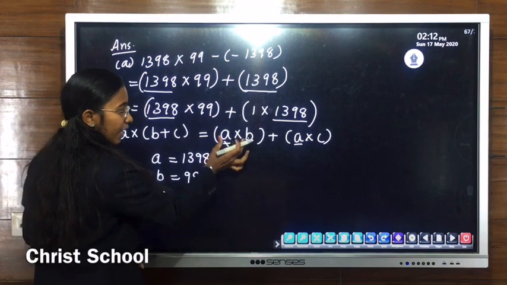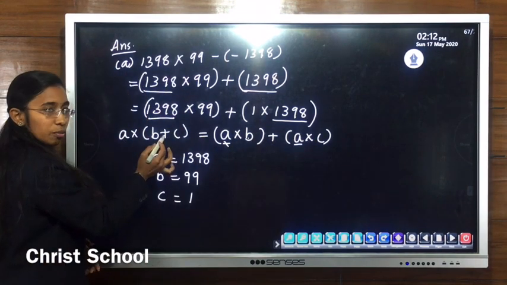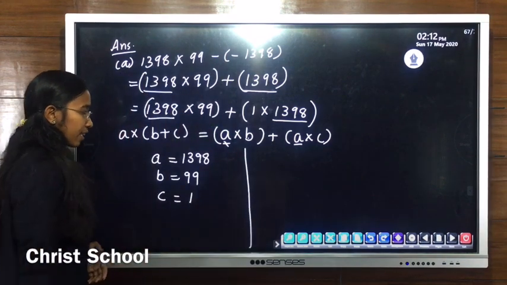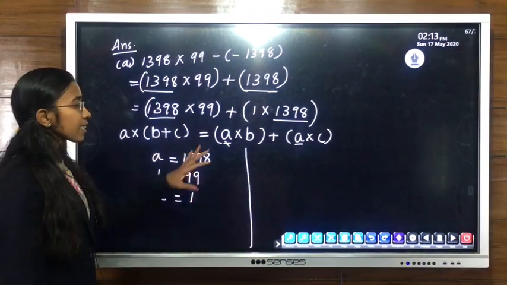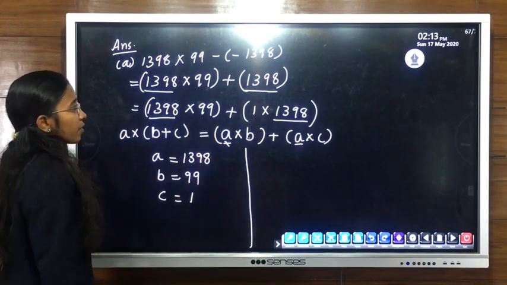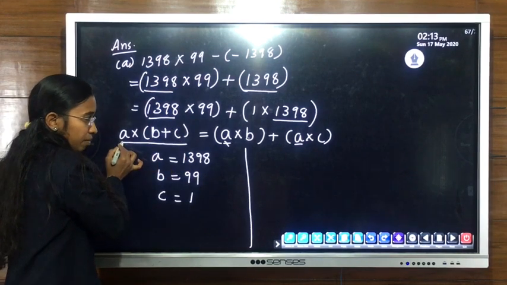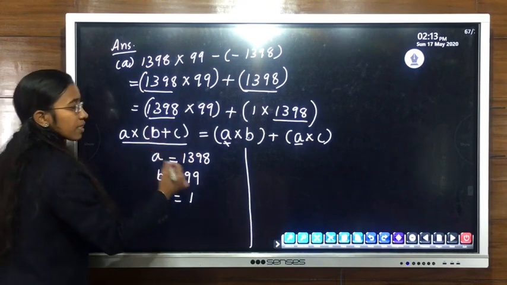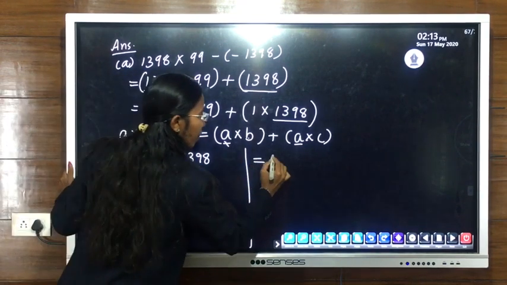So we know that A into B plus A into C equals A into B plus C. So using this property, we have to find this value only, A into B plus C. So using distributive property, we have to find this value very easily because we have to find only this one. We know A into B plus A into C equals A into B plus C. So here at the place of A, substitute this value.